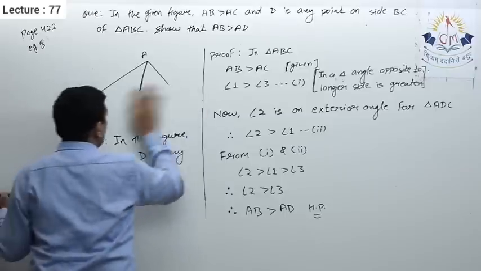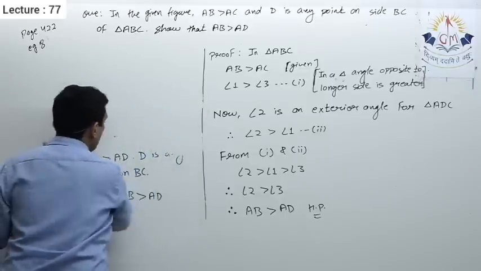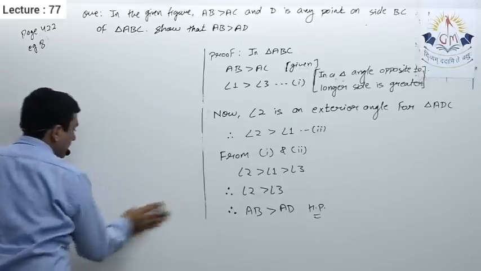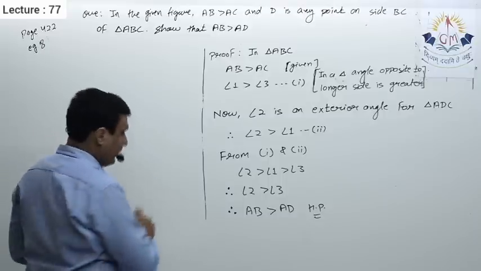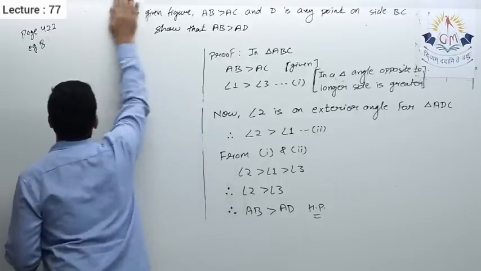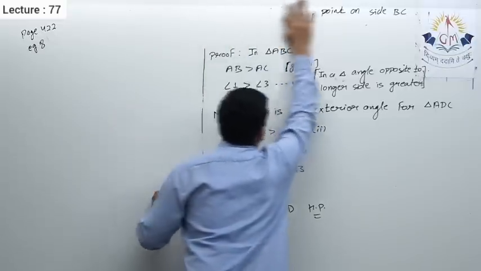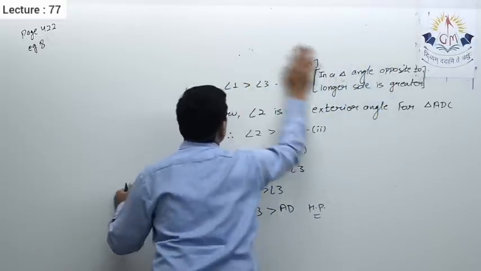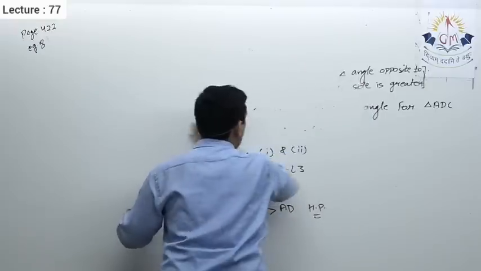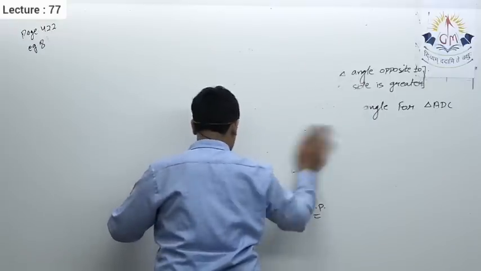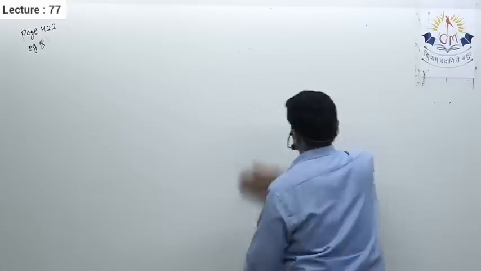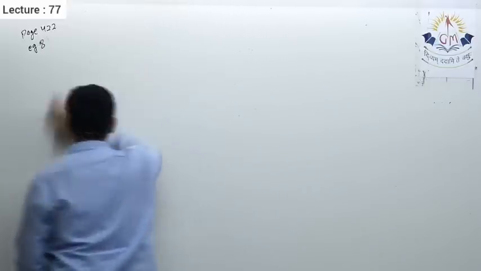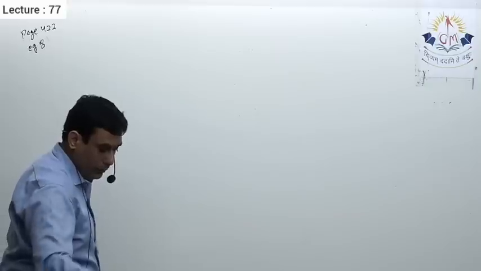We have to show that the sum of all three altitudes is less than the sum of all three sides of a triangle, or in other words, that the sum of all three altitudes of a triangle is less than its perimeter. However, it is very easy, but we'll see how to prove this.